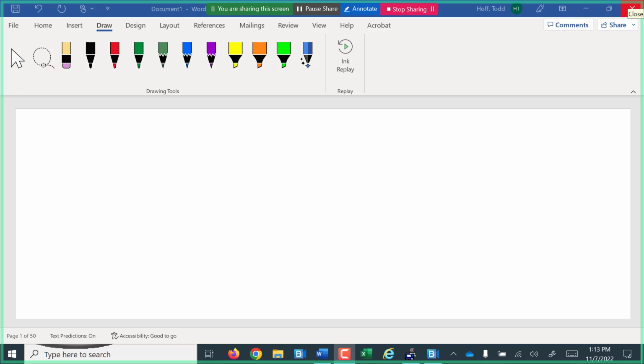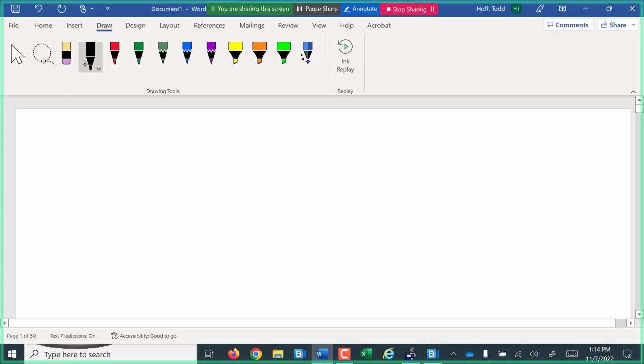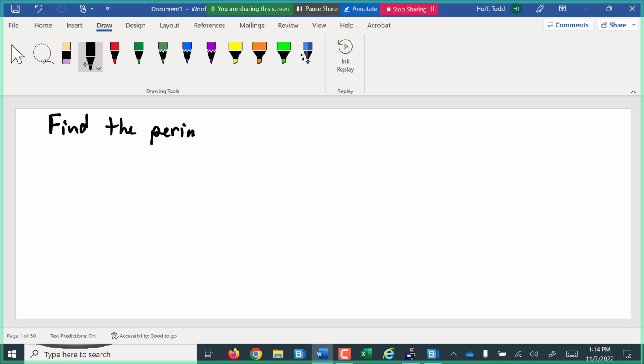So on Friday, we got deep into perimeter and area and using our Pythagorean theorem, a squared plus b squared equals c squared, to find missing pieces to help us with that. So if I were to ask you to simply find the perimeter of several shapes,